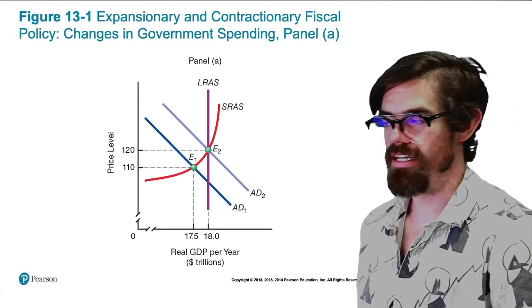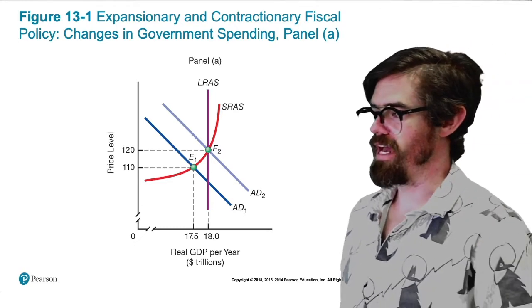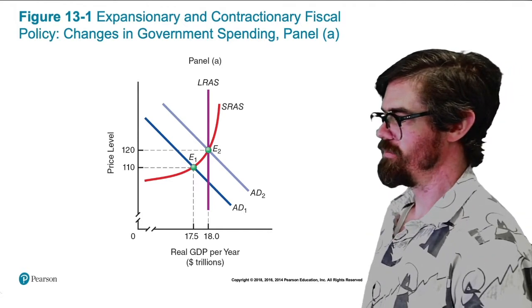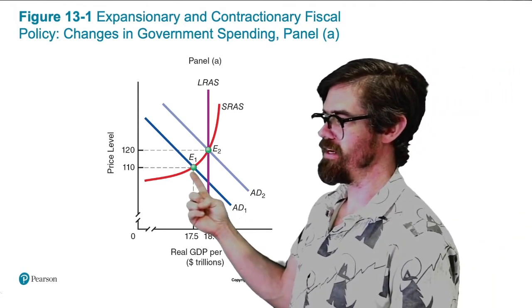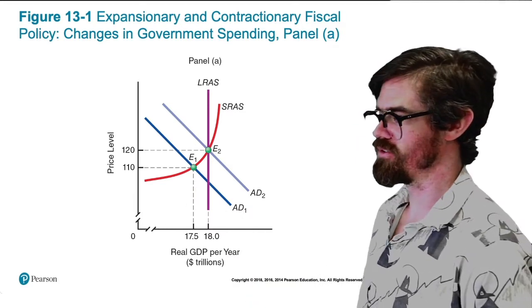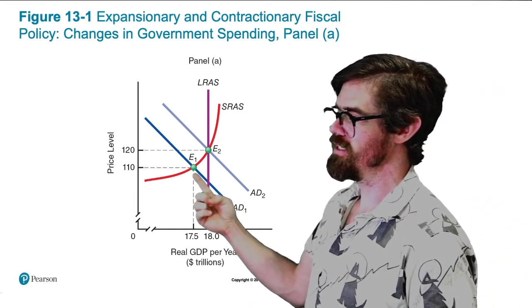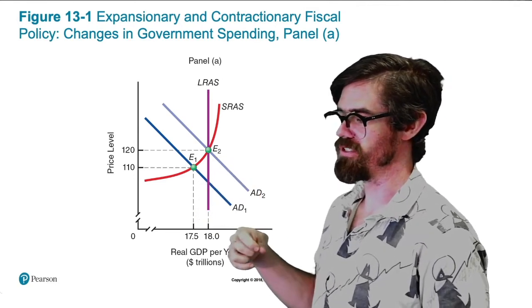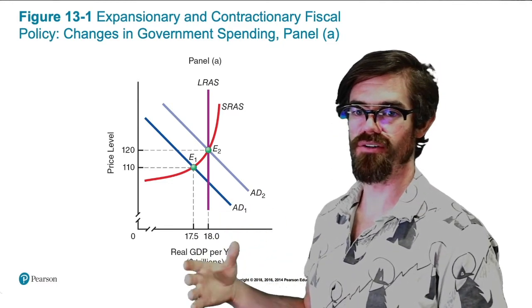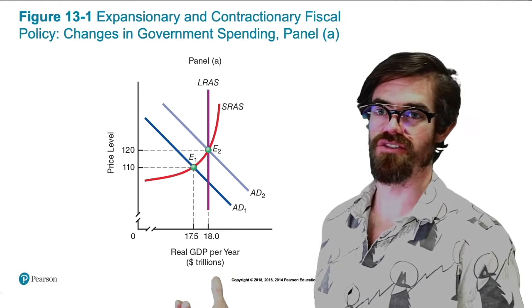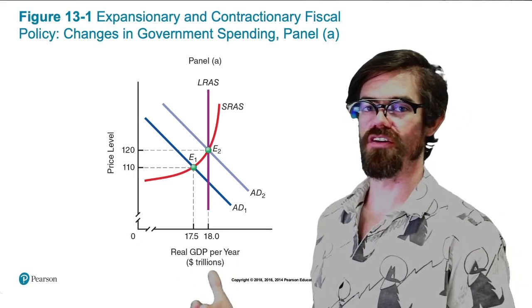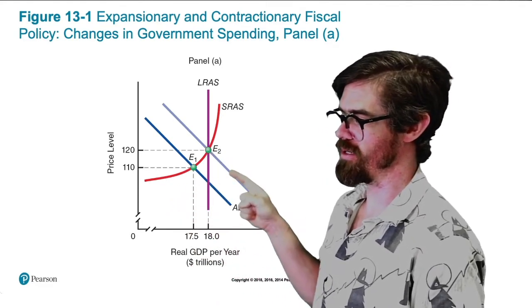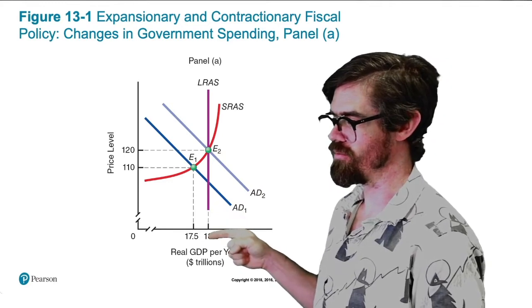Okay, so recall our Keynesian model with its long-run aggregate supply and short-run aggregate supply curves. And here we see, right here, we're starting in a recessionary gap. Okay, so the economy is in a recession, and what can the government do to get us out of recession? Well, it can simply just boost spending. Similarly or equivalently, it can actually reduce taxes as well, but that has more of an effect on consumption. But both of those things act to increase aggregate demand to try to push us back to our long-run equilibrium and out of recession.